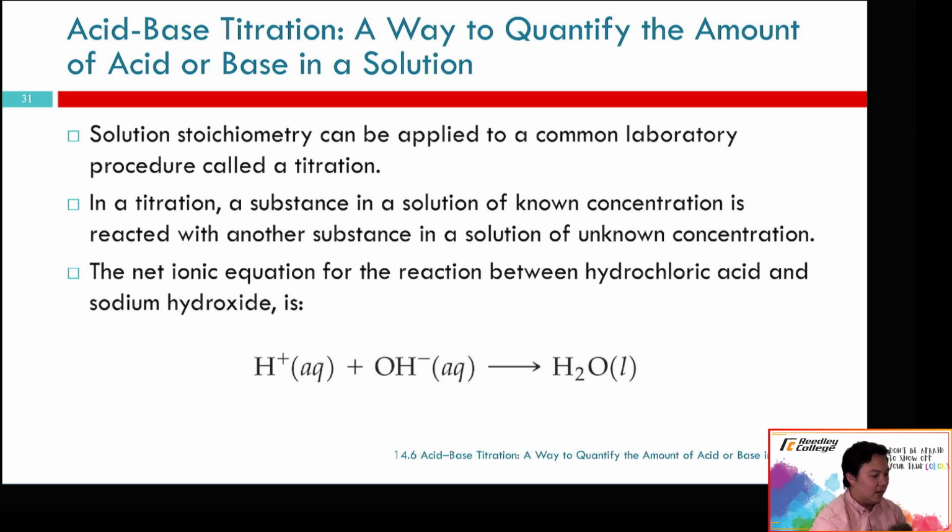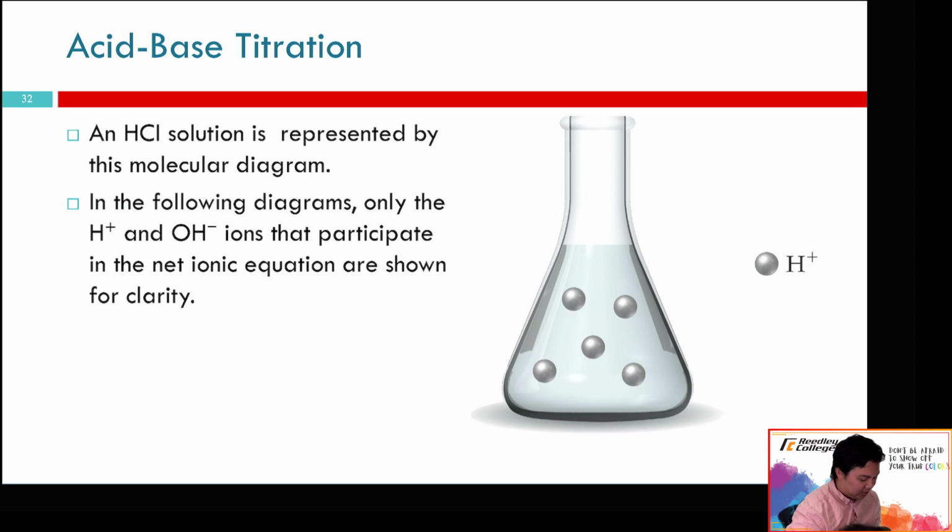Okay, so it's this simple net ionic equation that we talked about before, so the chlorine and the sodium are going to cancel out because they're not really participating in the reaction as much as they are delivering the hydrogen and the hydroxide. So HCl is a solution represented by,